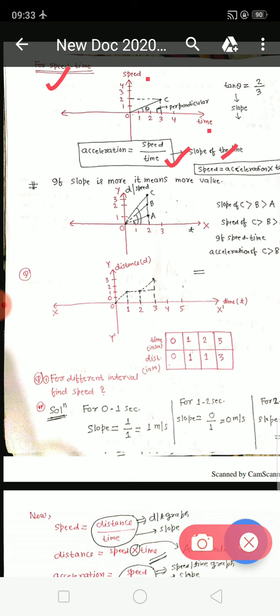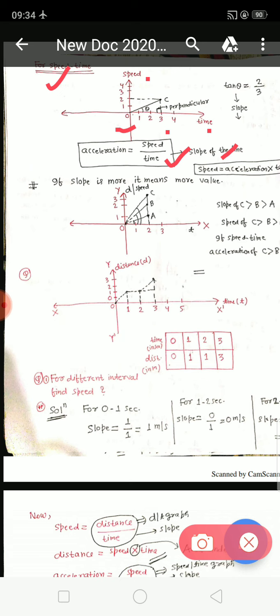So here we can see that in the speed time graph, the motion has been depicted from t equal to 0 to t equal to 3. The object has attained a speed of 0 to 2 meter per second. The unit of speed will be meter per second. So what will be the acceleration? Numerically, how will you calculate? Change in speed divided by change in time interval. So change in speed is 2 minus 0, divided by the time interval 3 minus 0, that is 2 upon 3 meter per second square will be the acceleration.